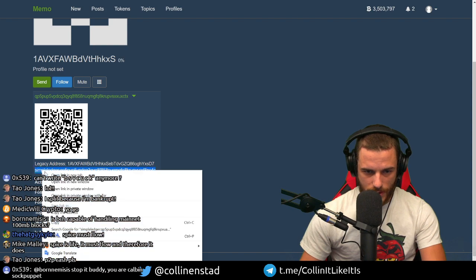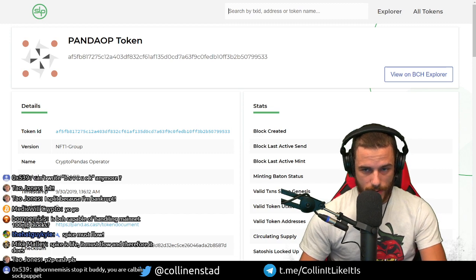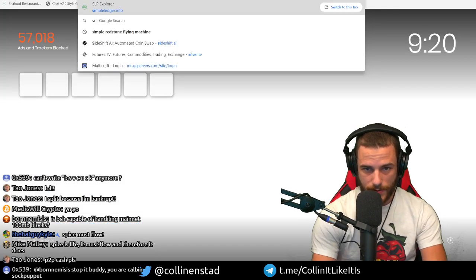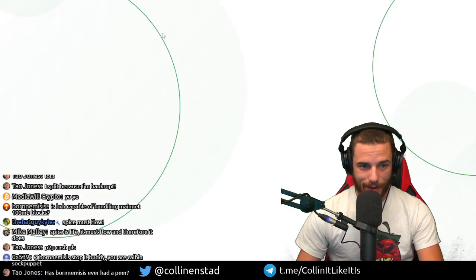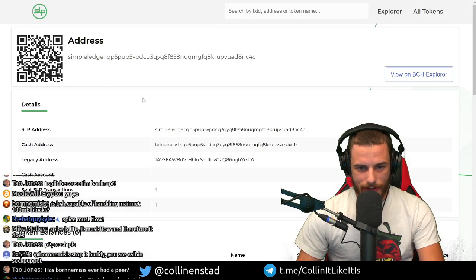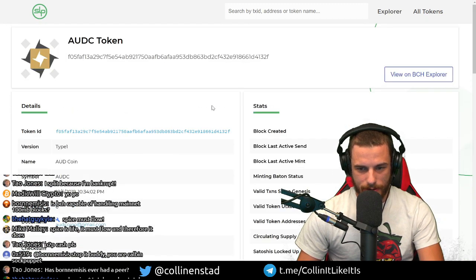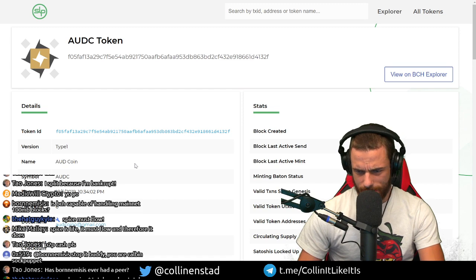I need to open it in a different Explorer because this Explorer isn't too great on memo.cash. The best one I've seen is simpleledger.info. It's very simple. So we'll check out this weird odd coin. So this is the genesis, and there is